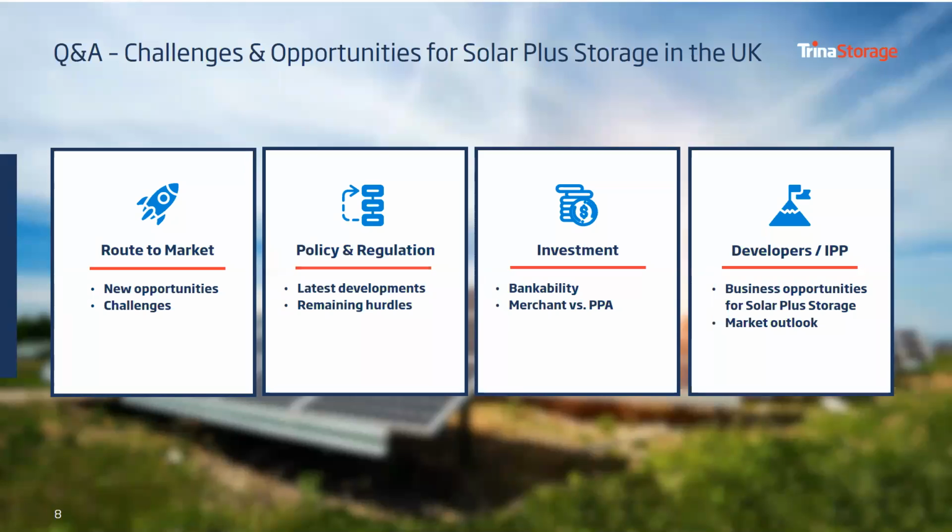And given there's still a certain amount of uncertainty in the long-term revenue streams as it is, I think we're taking a slightly conservative approach in terms of allowing as much freedom as possible for the battery to gain those revenue streams. So, that was quite a long answer: sentiment is certainly improving for battery storage on its own,